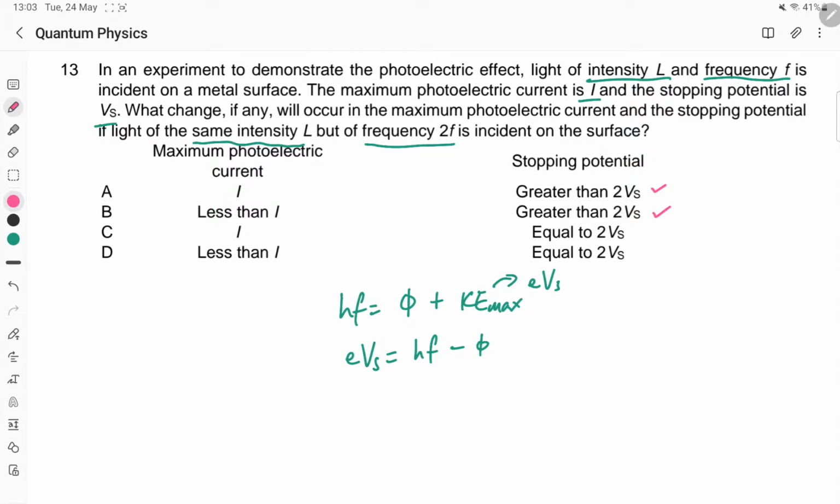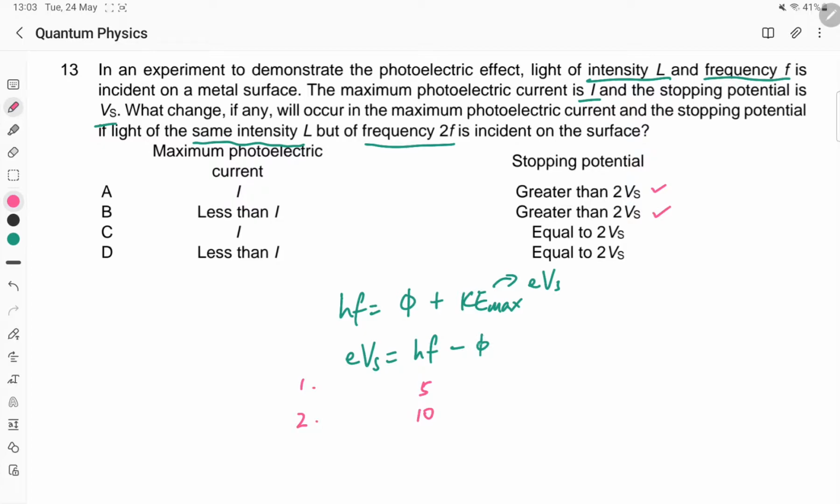If you are unclear, you can use this method of looking at things. For the same matter, we have two scenarios. Original scenario, we have a certain hf. Let's just call it 5 units. When you double the energy, this becomes 10 units. Still the same